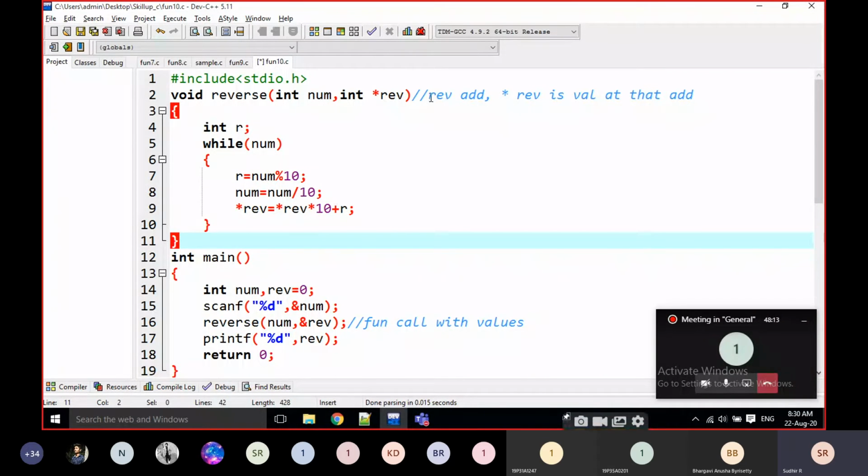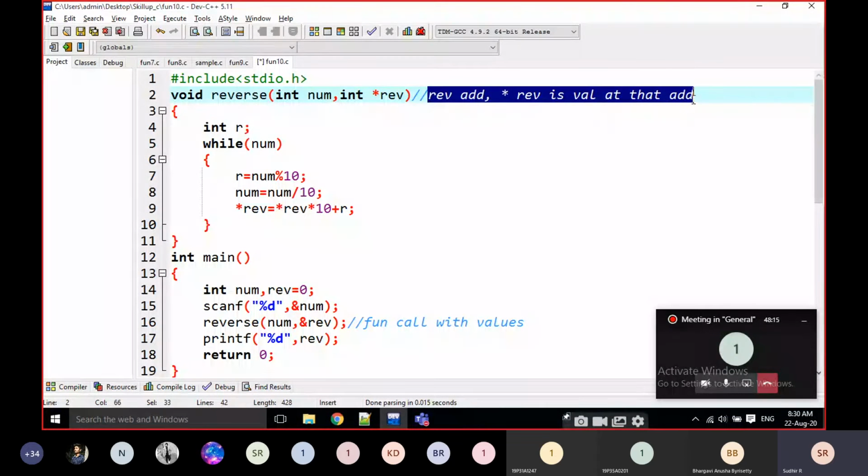Write down this comment also. This is the key point, every time you are dealing with pointers. REV is the address, not a value. Some students get confused like this. This is the address. REV is the address, and star REV is the value at that address.